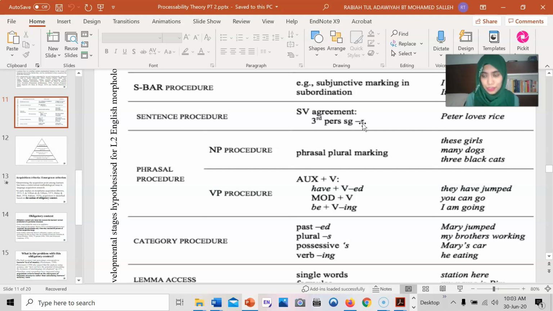Why? In many research on second language acquisition, they have found that for irregular verbs, second language learners tend to memorize them, right? It's not a productive grammatical marking, right? A productive grammatical marking, because you have to bear in mind, they have to put ed or plural s, they have to consciously attach the morpheme to the word. So jumped, they must say jumped, or talk, walk. So this is a productive grammatical marking.